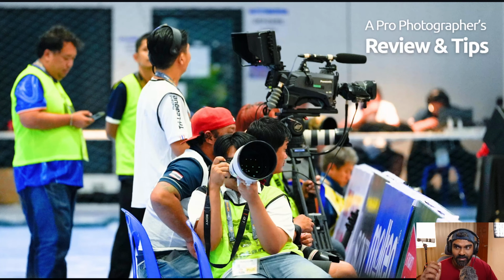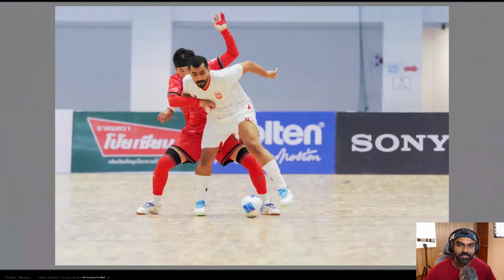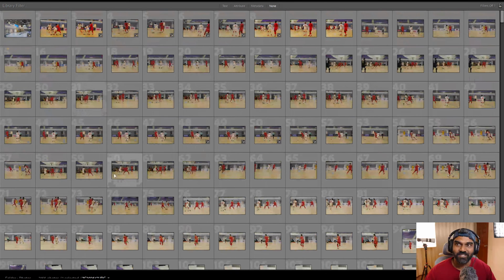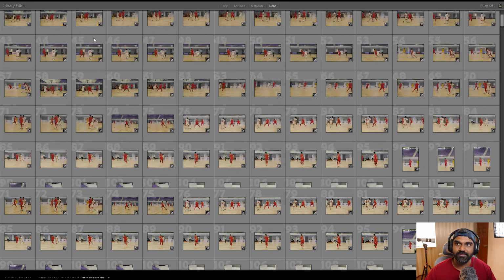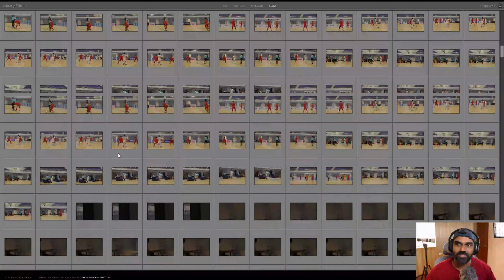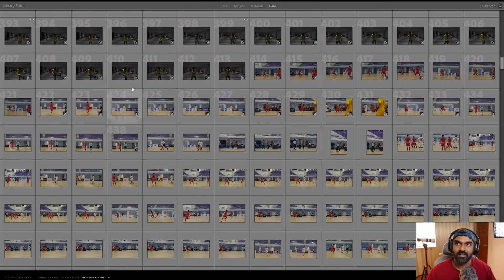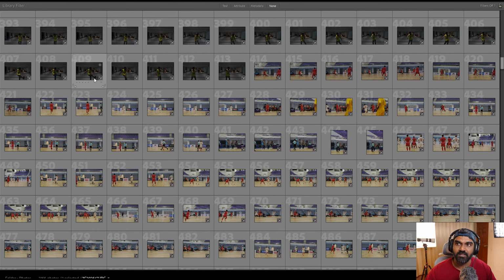All right. So during the first game, I will show you my Lightroom. That's much better. So during the live stream, during the first match, the first match is between Bahrain and I think Korea. Yeah, Korea won the match. So Bahrain and Korea, look at all these photos, right? So this is during the first match, and all these photos are gone, gone, gone, gone.